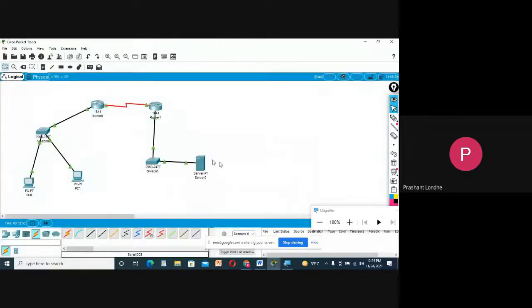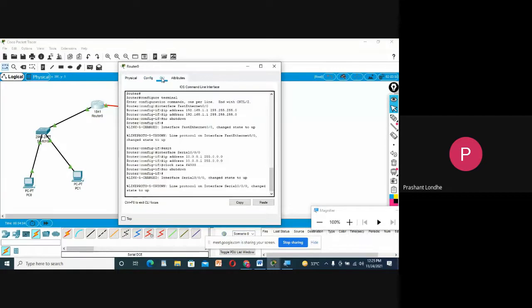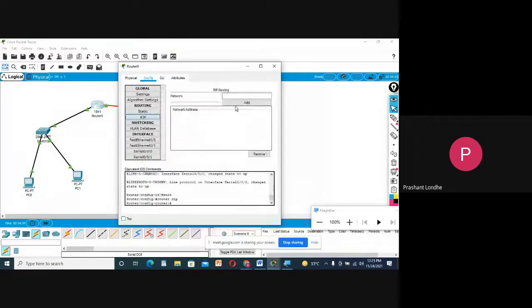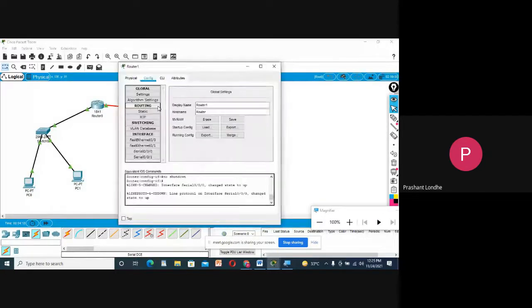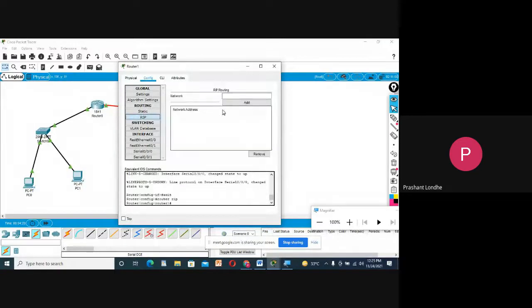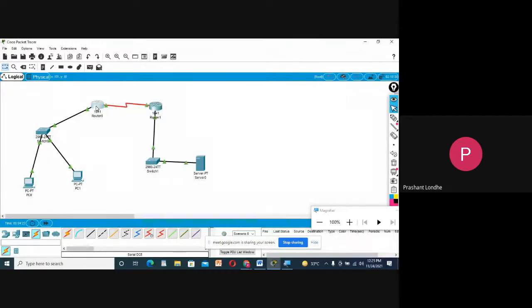Now I will establish the connection between the server and this client. So I will go to the router CLI, RIP. This one is 192.168.1.1 and this is 10.0.0.1. And I just want to apply version 2.